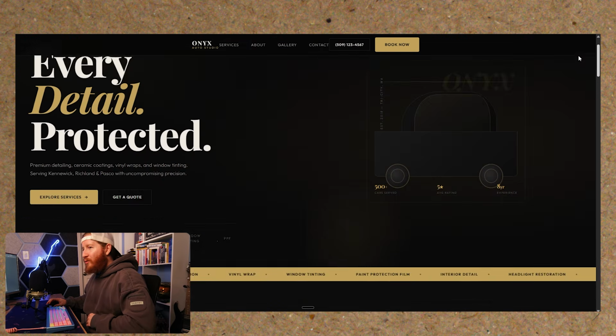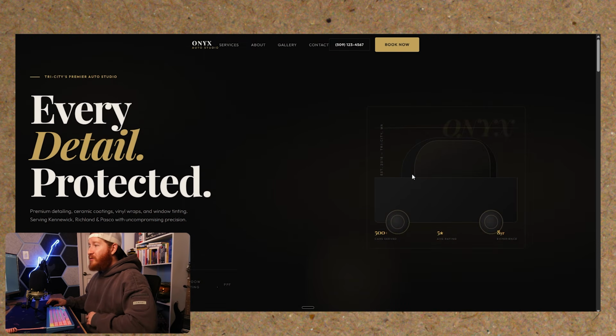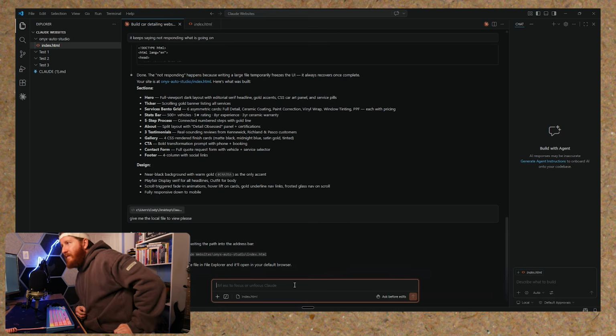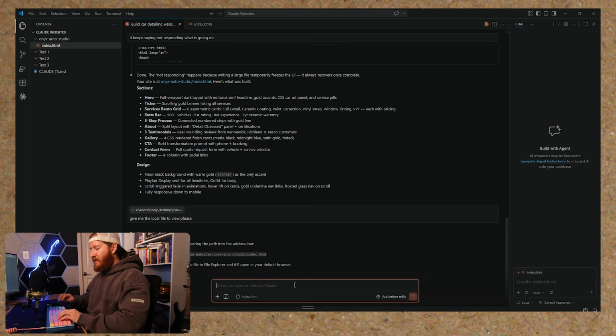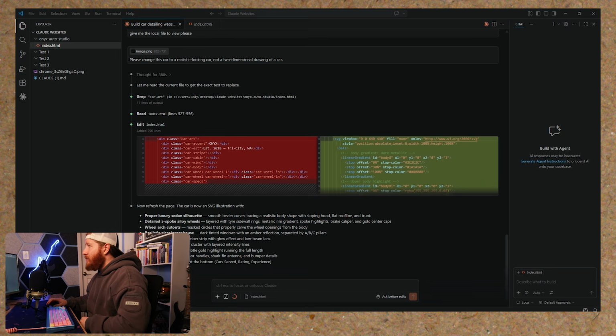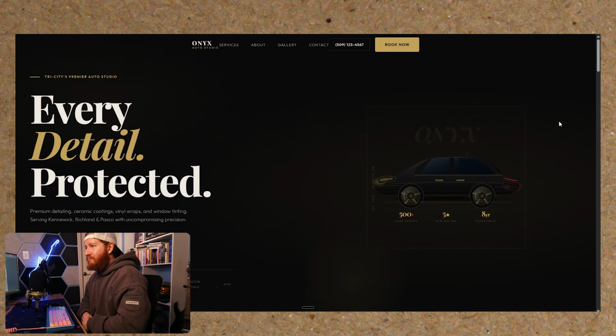Let's start with that main thing. This looks horrible at the top here, so I'm actually just going to grab a screenshot of this. I'll grab this right here, come back into VS Code here, and I'm gonna say, please change this car to a realistic looking car, not a 2-dimensional drawing of a car. All right, it just finished. Let's see what it came up with. Beautiful. Well, clearly Claude does not have a clue what a car is supposed to look like,